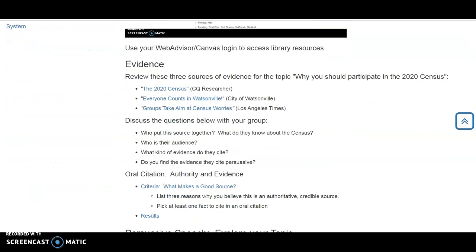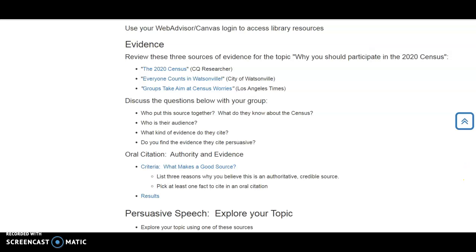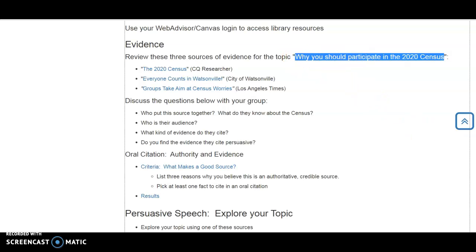So for this first part, we're going to be looking at some sources of evidence for persuasive speeches. So I'm going to use the sample topic, why you should participate in the 2020 census. And here we've pulled 3 sources of evidence that we'd like you guys to take a look at and discuss in your group why this might be a good source of evidence and how it might help you with this